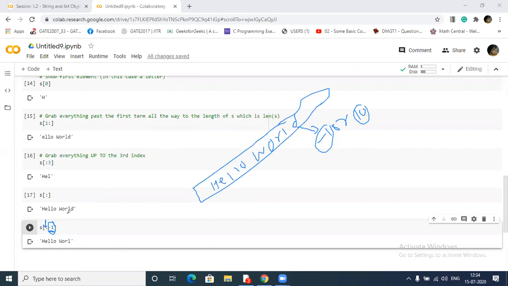And I said that in Python the upper bound will not be printed. If I want to print this, then either you can write nothing here, then D will also be printed. Okay, got my point? It will print from here to here, and the upper bound is not included in Python, so it will not print here.